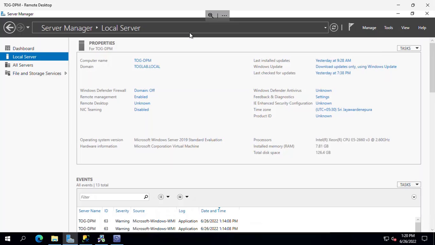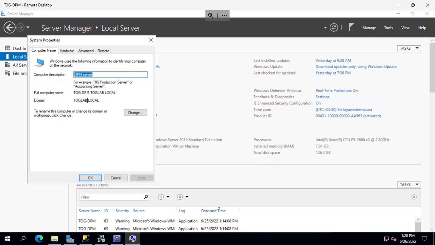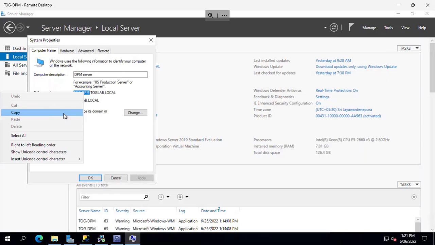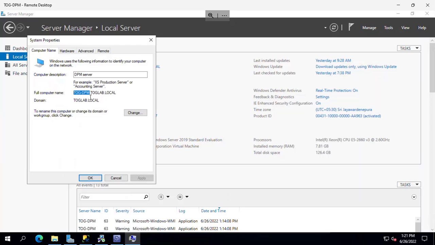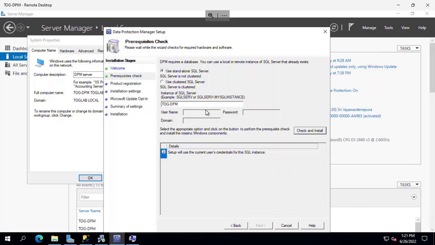only the installation server NetBIOS name. So here I'll be copying the full computer name, not the full computer name, only the NetBIOS name, which is the dog-dpm portion of the FQDN. Okay, let me quickly paste that